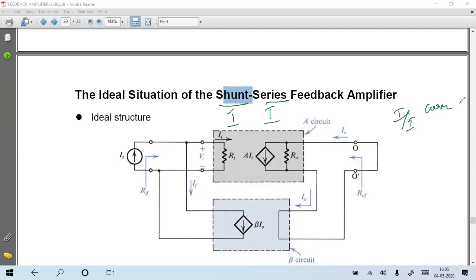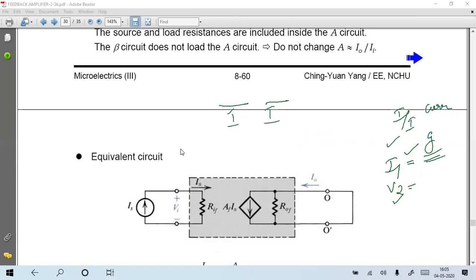Shunt nature means I1 changes and is dependent. I1 will change because the currents in parallel branches are different, but the voltages in parallel are the same. So I1 is dependent. The right hand side is series, so in a series network the current is the same and V2 is dependent. So what parameter is it? On the left hand side it is I1, and on the right hand side the changing parameter is V2. You have to choose the corresponding two-port network. That two-port network is nothing but the G network, the inverse H parameter network. You have to replace it with that network.